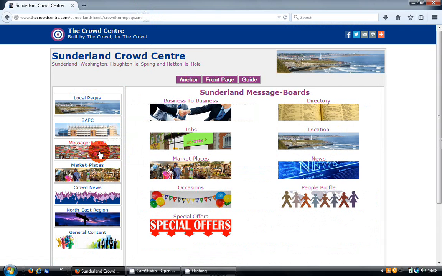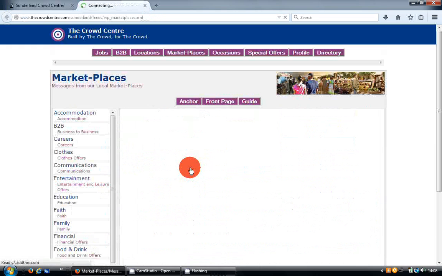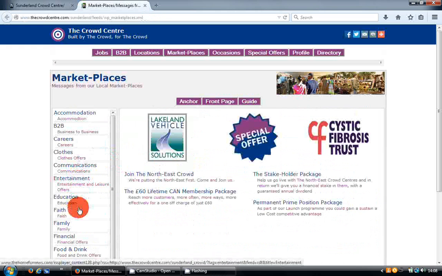Well, again, by using this idea of a virtual town centre, we are creating message board areas. So it'll be a message board area for jobs, a message board area for different parts of marketplaces, for restaurants, for shoes and so on, and occasions. So the idea behind all of these, let's go through them all. If I look at marketplaces, then there would be an area set aside for, say, restaurants or education.